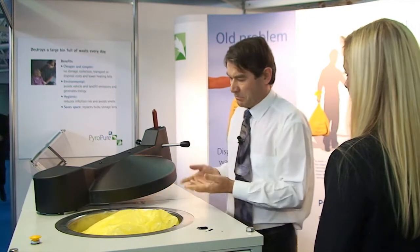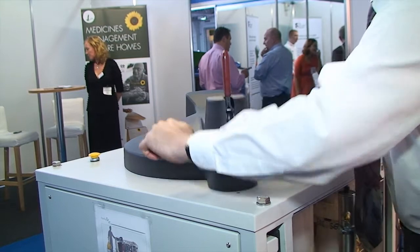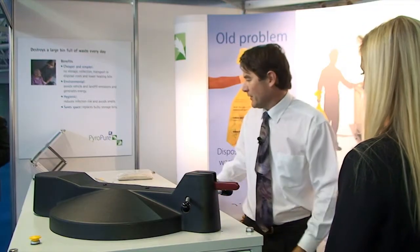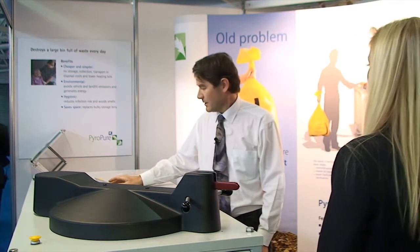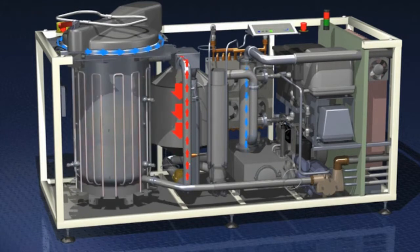That can be put in quite easily, lid slid across and down, closed, and then the system's ready to start. So we press the green button to start and it goes through its cycle. So that's all that the care worker needs to do. They don't need to attend the machine, they can then walk away, carry on with their job whilst it's processing